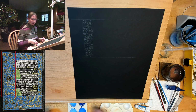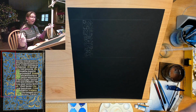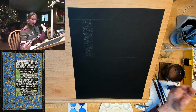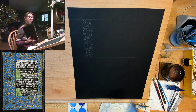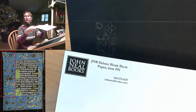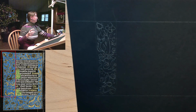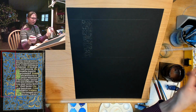Doing the black hours is kind of interesting because you can't use a light table, because stuff doesn't really come through the dark paper. Paper is another thing. So I've got 2 different kinds. I did a sample piece on a pad I got from John Neal, which is a fairly thin, lightweight paper. We'll get that under there so we can see that. And it worked really well. We're working with a slightly less wet paint, just because of the nature of the black paper. It tends to suck up paint really quick. So that's fun. This one tonight is on black Bristol, which I think I also got from John Neal, but